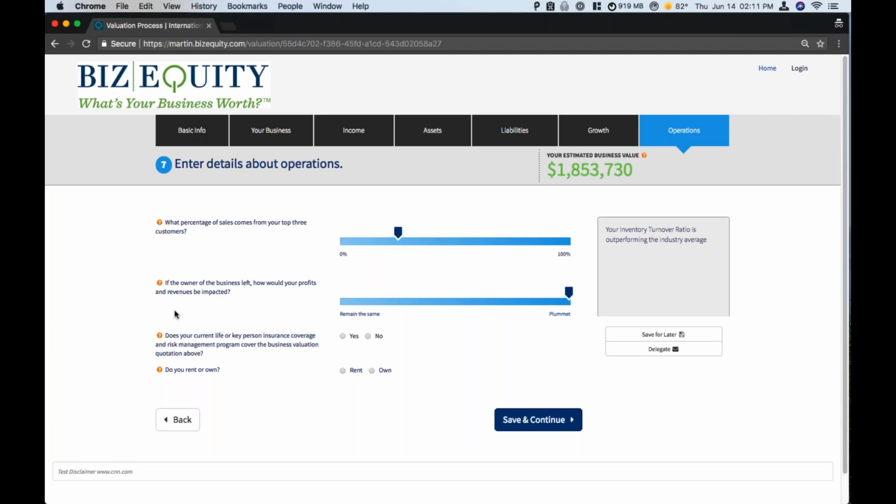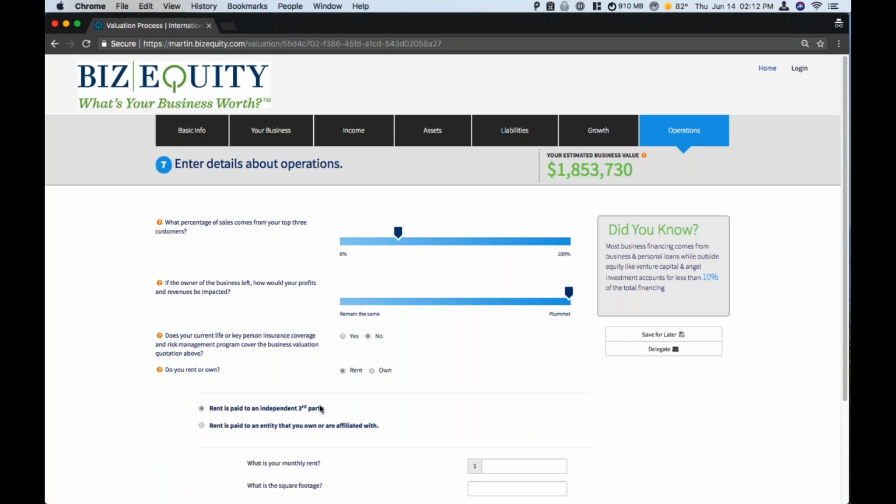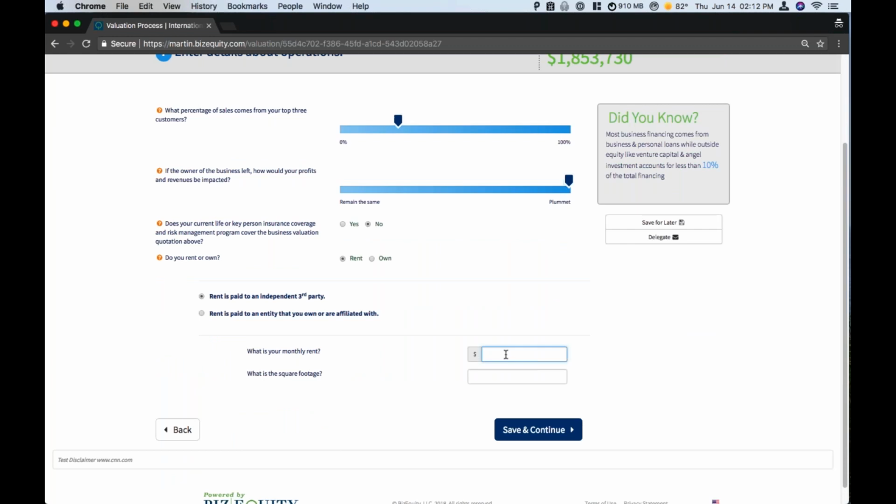Does your current life or key person insurance coverage and risk management program cover the business valuation quotation above? Doesn't matter if the business is underinsured; it's not going to actually affect the underlying value. But again, it's arming you as the gatekeeper to this information with more data for the business. So let's say they rent the space they're in. They pay $5,000 in rent,